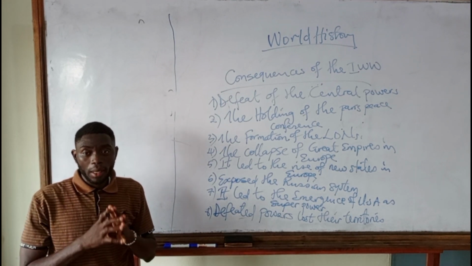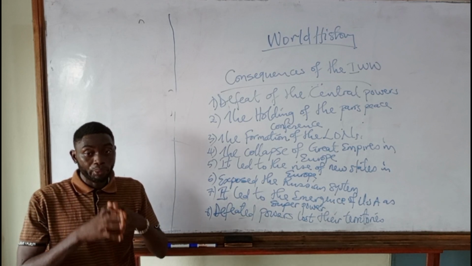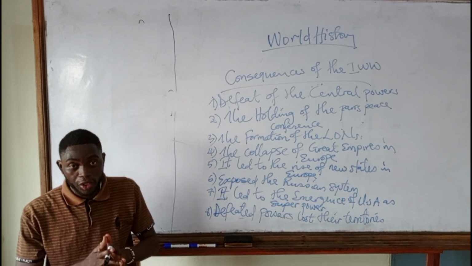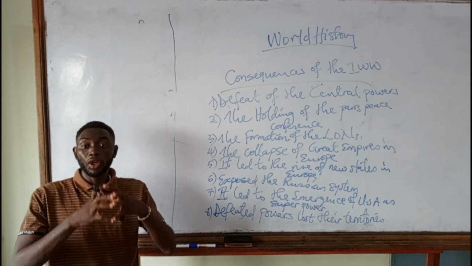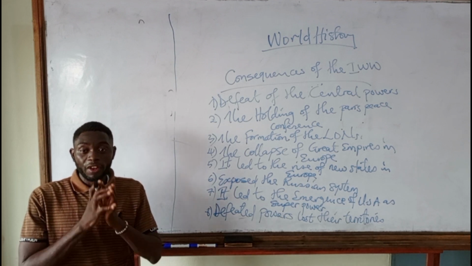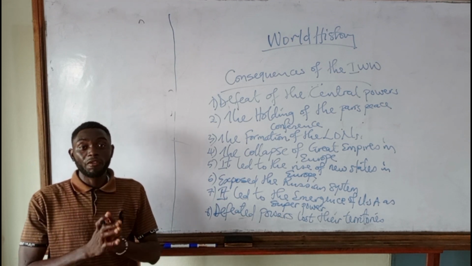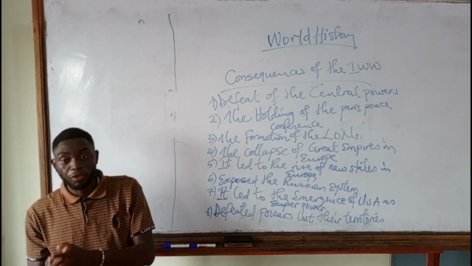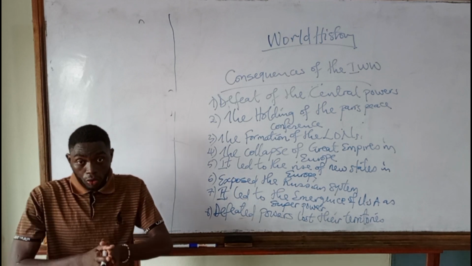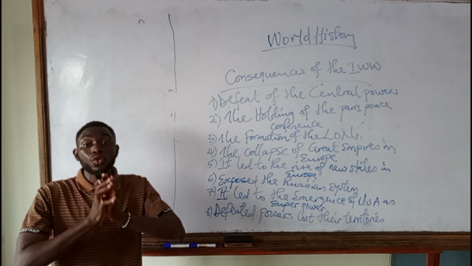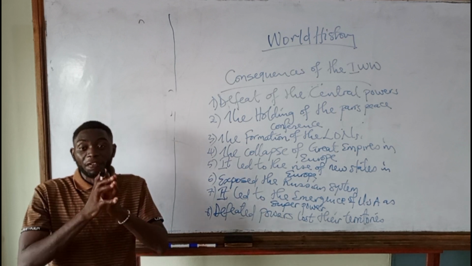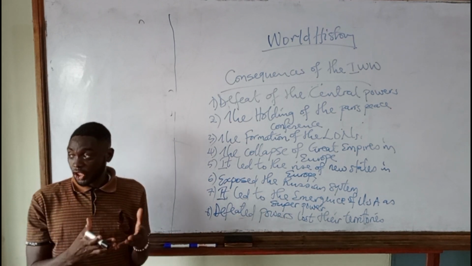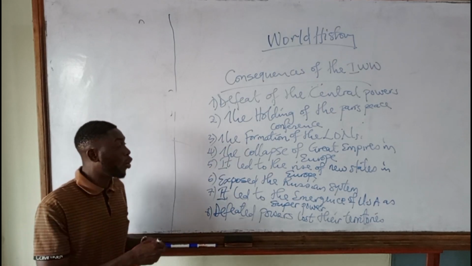One of the leaders who came to the Paris Peace Settlement was President Woodrow Wilson of America, and at the Paris Peace Conference, Wilson came with a 14-point agenda, the last of which was the formation of an international organization. Because before 1914, European nations had struggled to solve international conflicts using the Congress system, which failed them, and with that, there was a need to form an international organization, even though there was the International Court